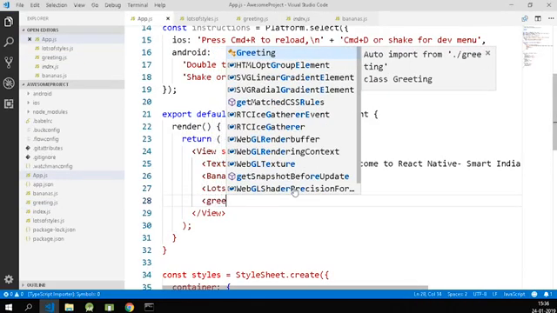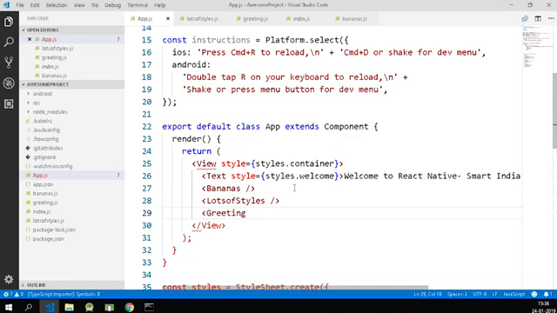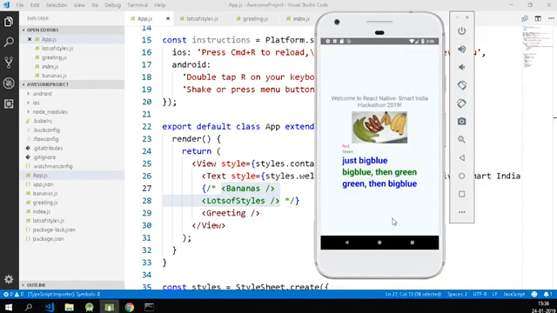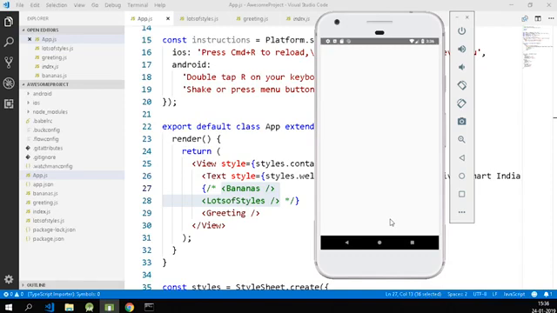So the way we have this, I'll go for greeting. For the timing, I'll just comment these two. So I'm rendering this text and I'm rendering this greeting. So if you notice here, what I'm going to have is